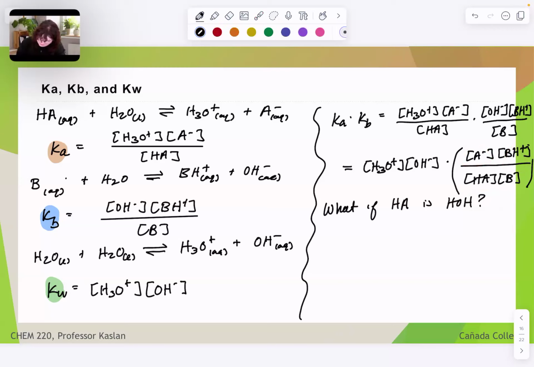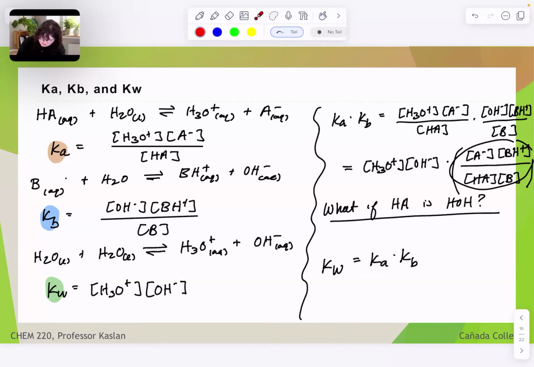But what we would find is that all of this stuff in the context of one substance dissociating would result in Kw being equal to Ka times Kb, meaning this quotient